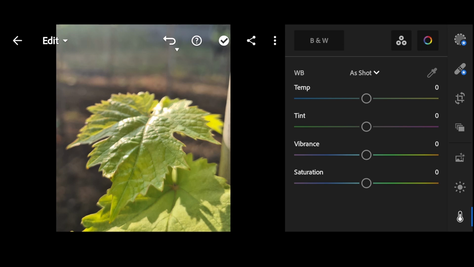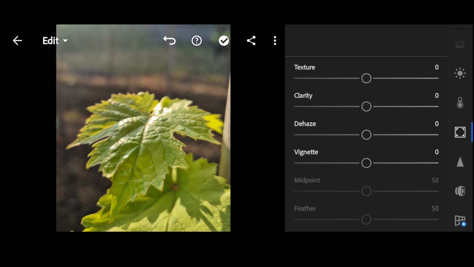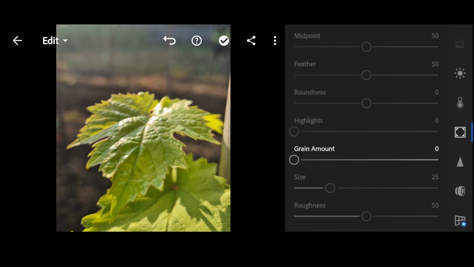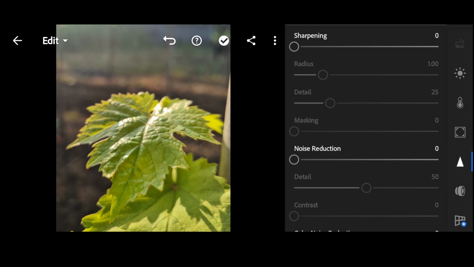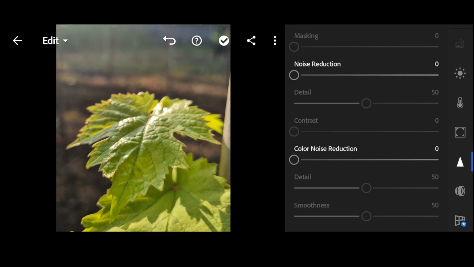Now if I click on the auto correction button here, it automatically adjusts the basic tones and the color settings. You can use this if you want a quick starting point for editing your photos. Now there are more modes like the effects mode, where there are options for texture, clarity, dehaze, and also you can add vignette, you can add grains. Another option is details, which can reduce noise, you can sharpen the image, you can reduce the color noise. In the upcoming parts, I am going to explain these settings in a lot of detail.